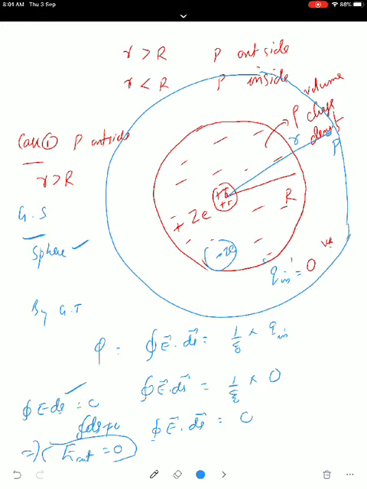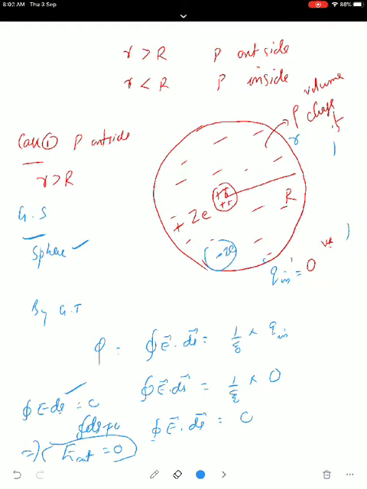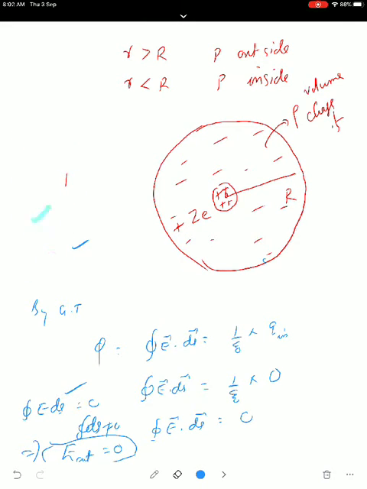This is a very simple one, but when you go inside, you have to do some more calculation. I think this is clear to all of you. Any problem in this? No, sir. Okay. I think all of you copied. So next one, case 2 we take, suppose the point P is inside the atom. So I remove the outside surface. Case 2, doing the same question, and point P will be inside the atom.